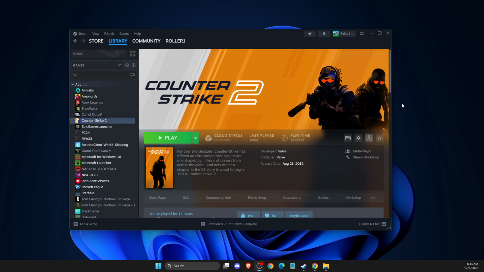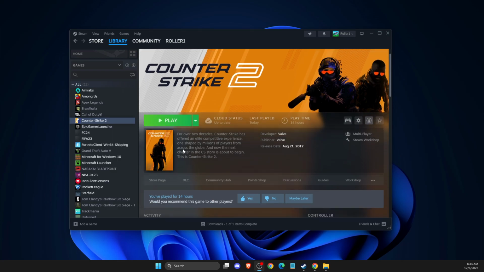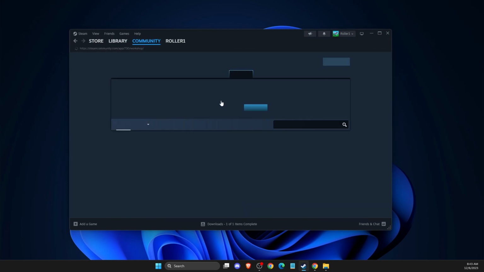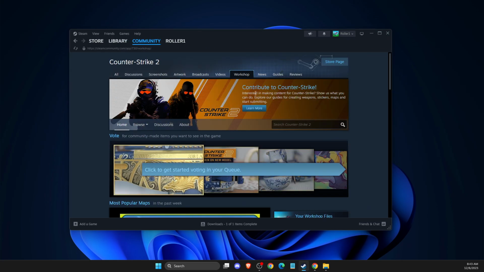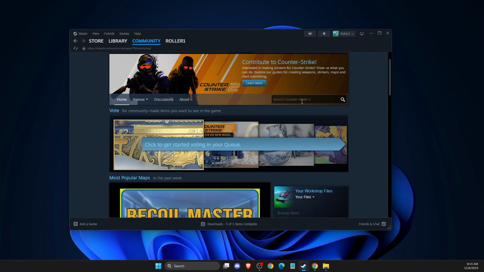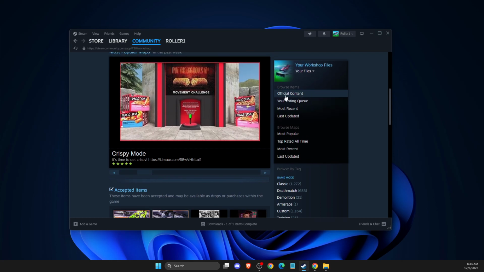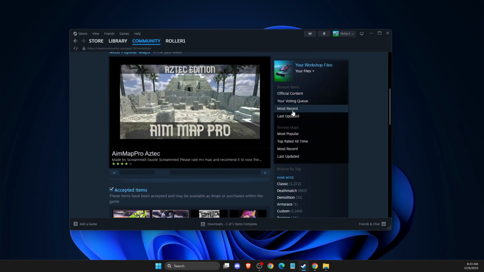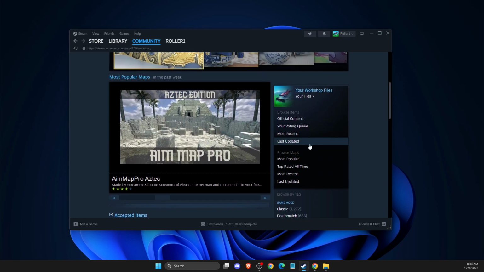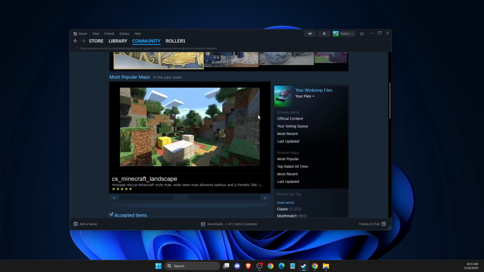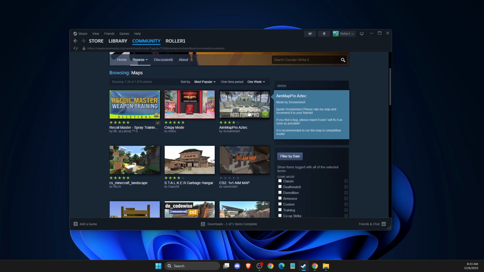First of all, you just need to load up your Steam, go to library and click on CS2. And then here on CS2, it should be workshop. Press on that. Then once you're here, you can search your workshop maps by name, but simply you can browse it and then you can select most recent, last updated, most popular, top rated all time, and more. So let's select most popular, and then let's